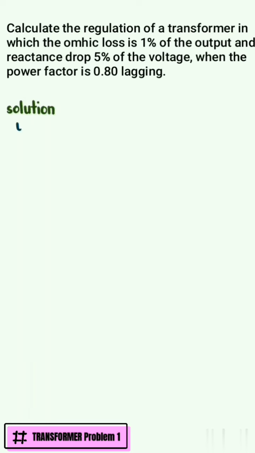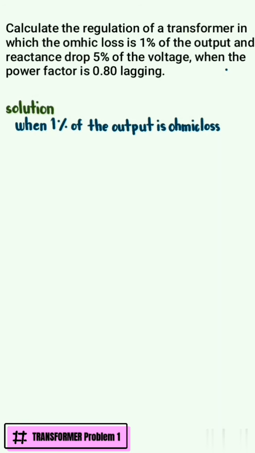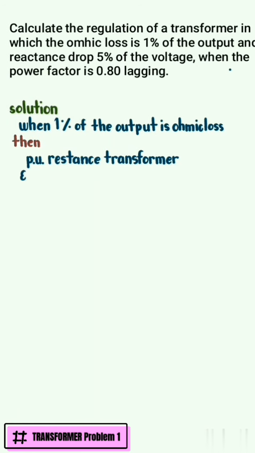The problem states that when 1% of the output is ohmic loss, then the per unit resistance of the transformer, E sub R, equals 0.01, and